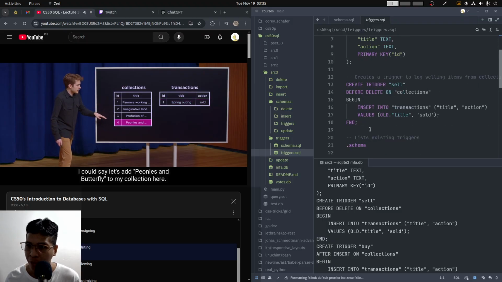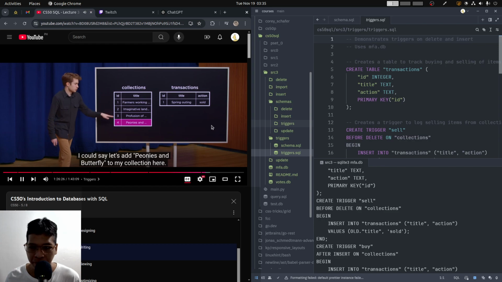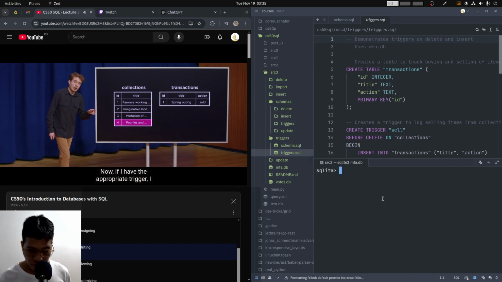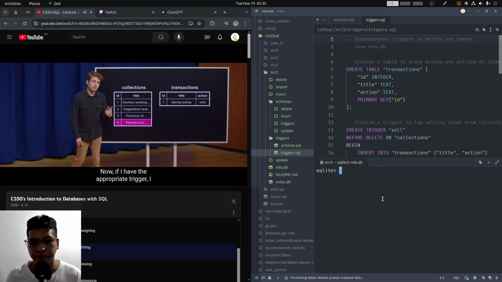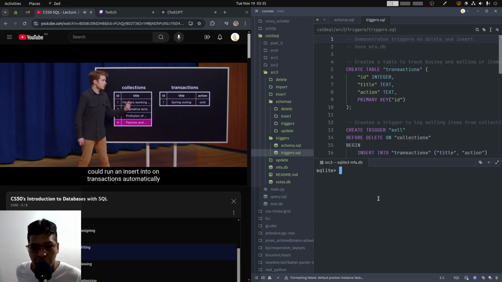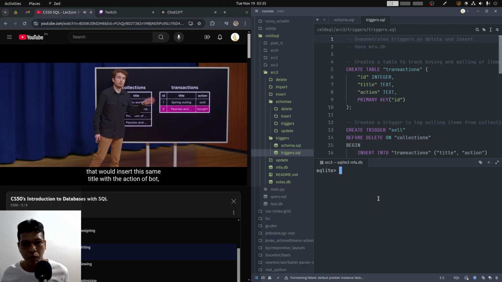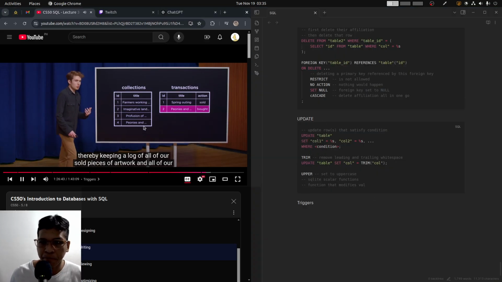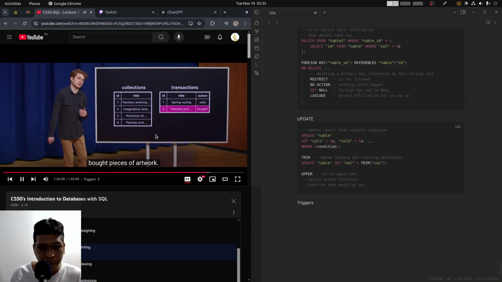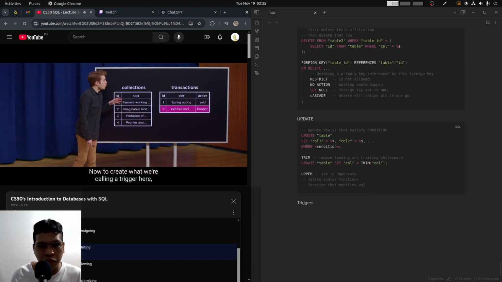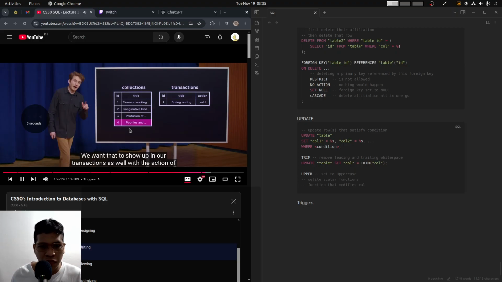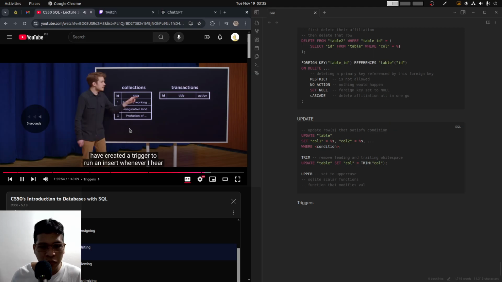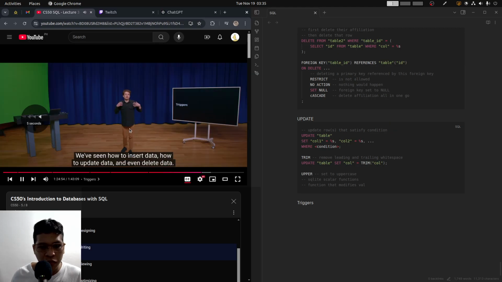I could say, let's add peonies and butterfly to my collection here. Now, if I have the appropriate trigger, I could run an insert into on transactions automatically that would insert this same title with the action of bought, thereby keeping a log of all of our sold pieces of artwork and all of our bought pieces of artwork. Now, to create what we're calling a trigger,